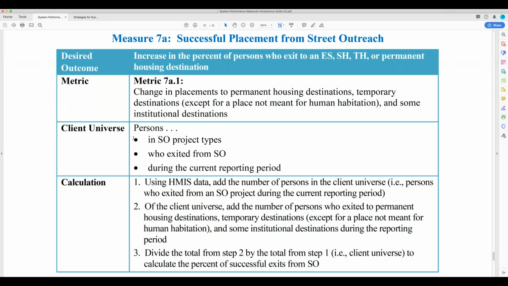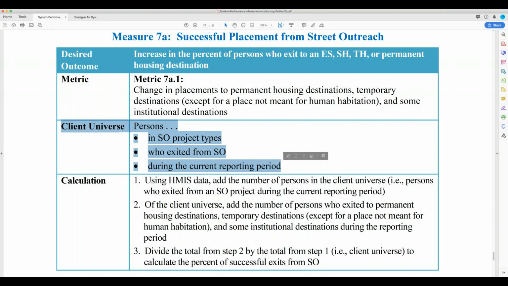But in this case, what HUD is only measuring is the street outreach program type. So again, the reality of how our system is working is not necessarily always measured the way we think it is with regard to these system performance measures. So it makes it tricky, and that's why it's crucial when we're looking at these data to keep in mind where it's being pulled from, because if we start panicking and saying, oh my goodness, all our street outreach discharges are going to temporary locations, well, that's just from the street outreach component, right?